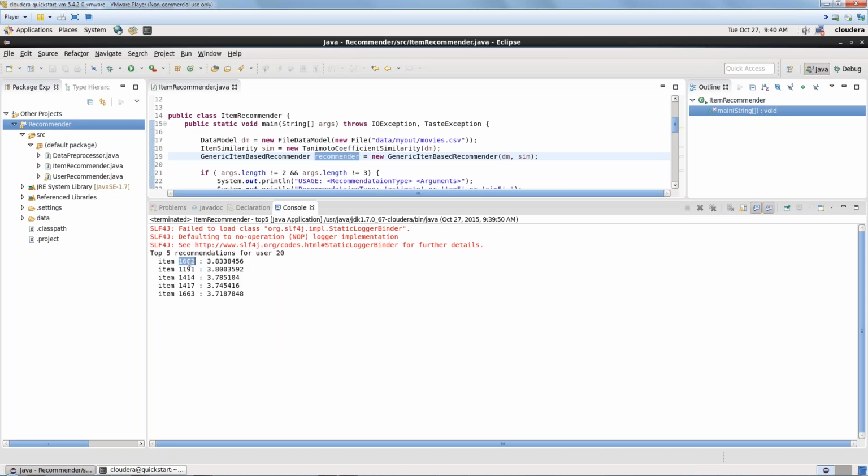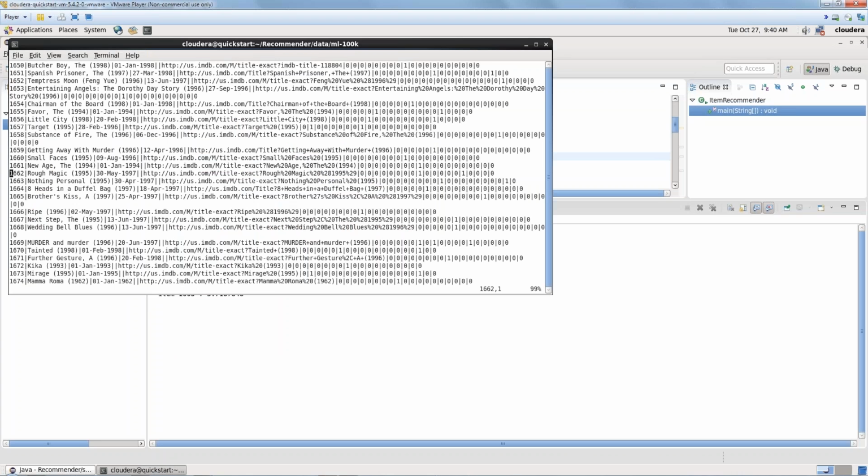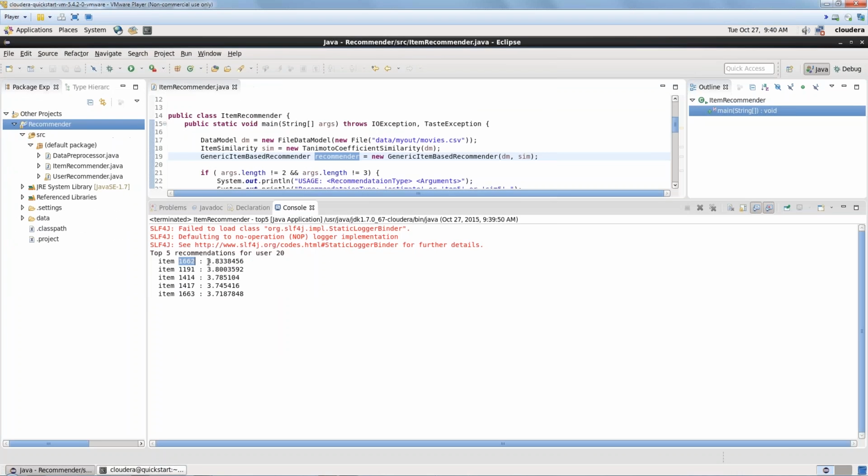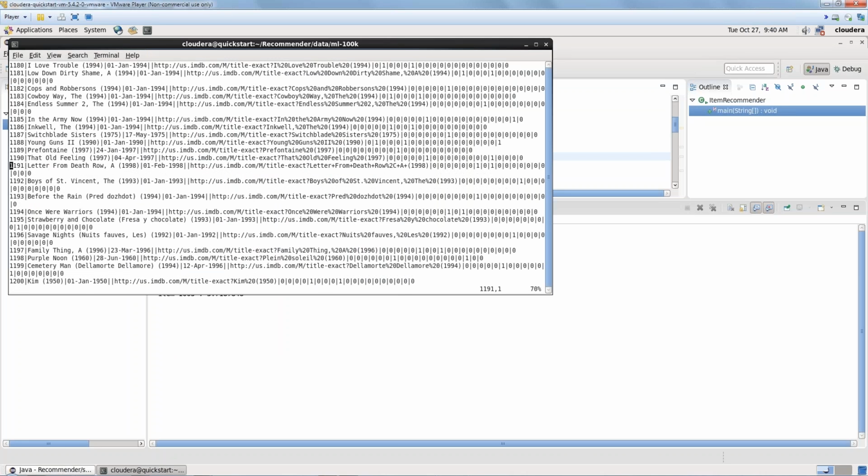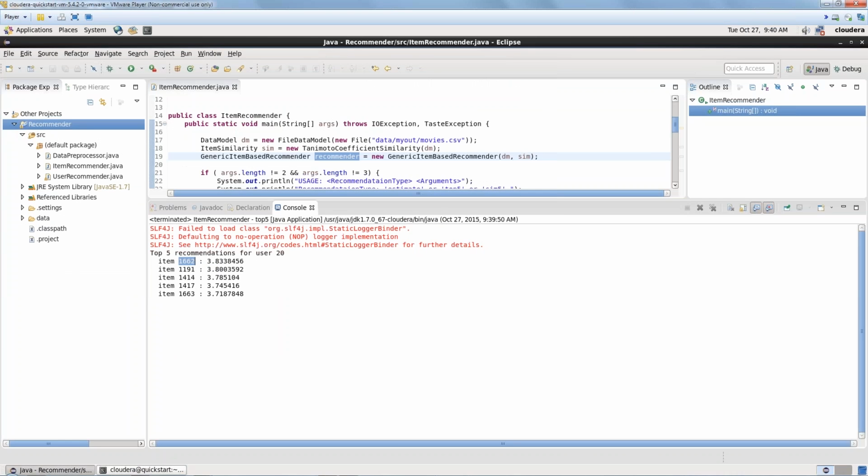So 1662 is actually a movie, Rough Magic. And similarly 1191 is another movie, Letters from Death Row or something. I don't even know what that movie is, but it shows you some movies that you can directly show as soon as the user logs in. That's a different type of